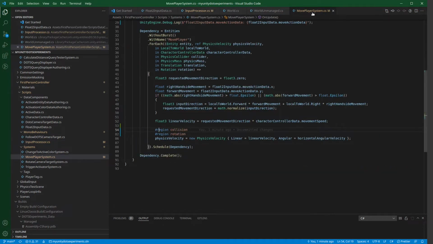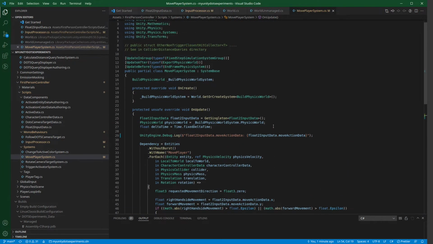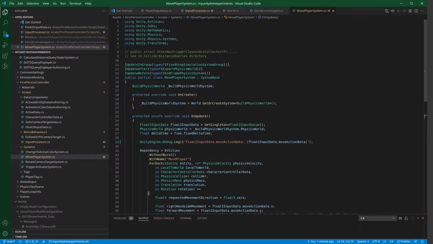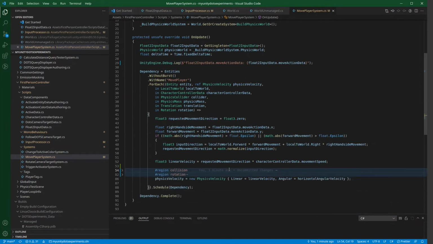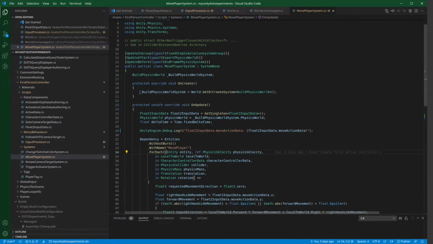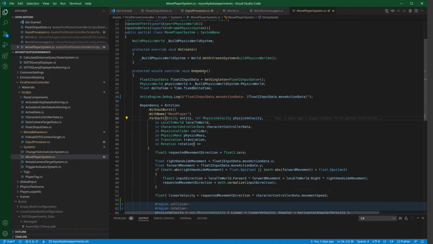Now let's take a look at the move player system. And this is going to move the character around. We need the build physics world system because what we are going to adjust is the physics velocity component of this object. And for that we need the build physics world system. And also on the on update, first we get the singleton value so we can get the data from the input system,